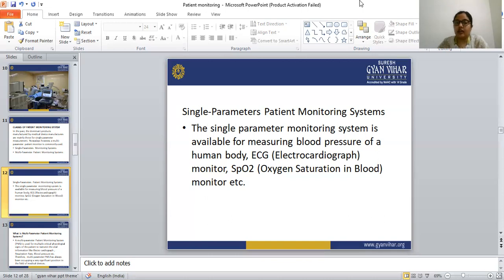So there are lots of advantages of the computerized patient monitoring system, and a few disadvantages. But the disadvantages are not a bigger issue, because it is only a little bit hard to learn. Once a nurse or a healthcare provider learns how to use the computerized patient monitoring system, it becomes very easy for them. So this is not a big issue. And the computerized patient monitoring system is very useful in our healthcare department.